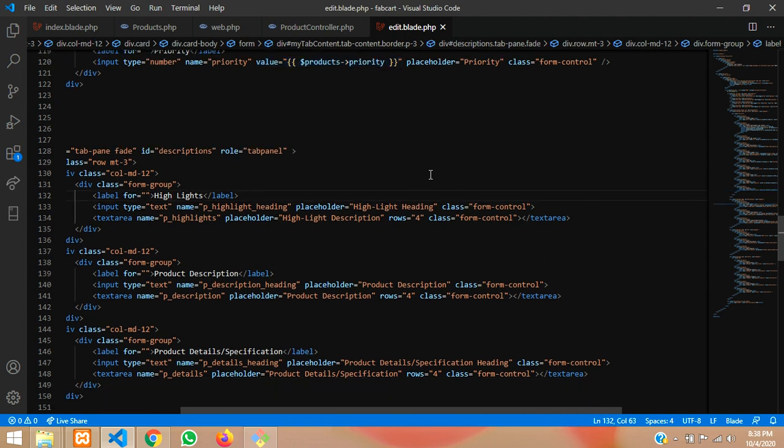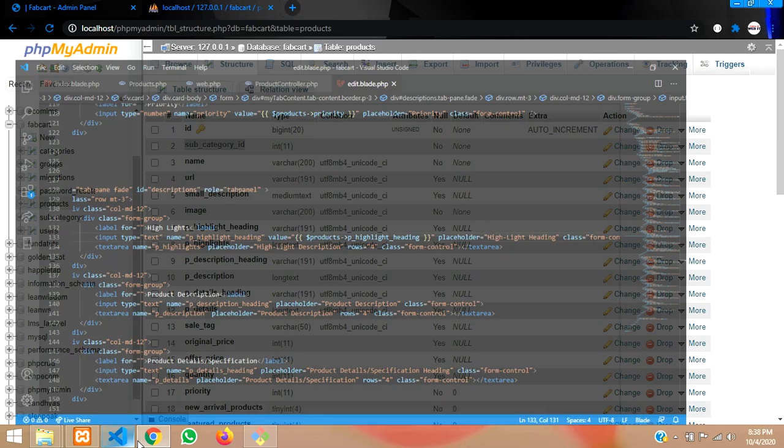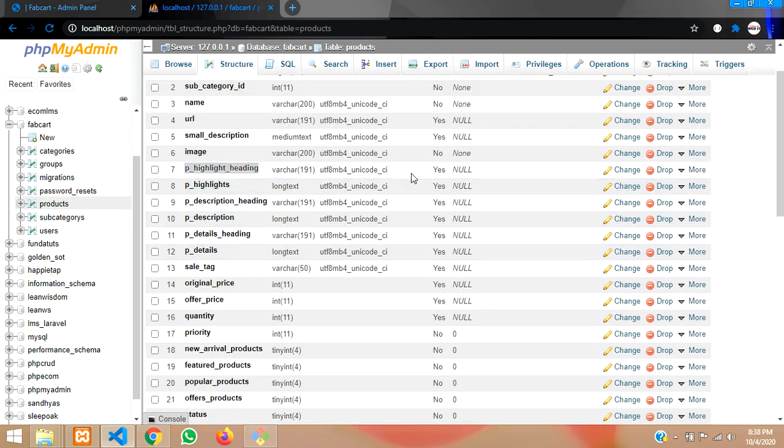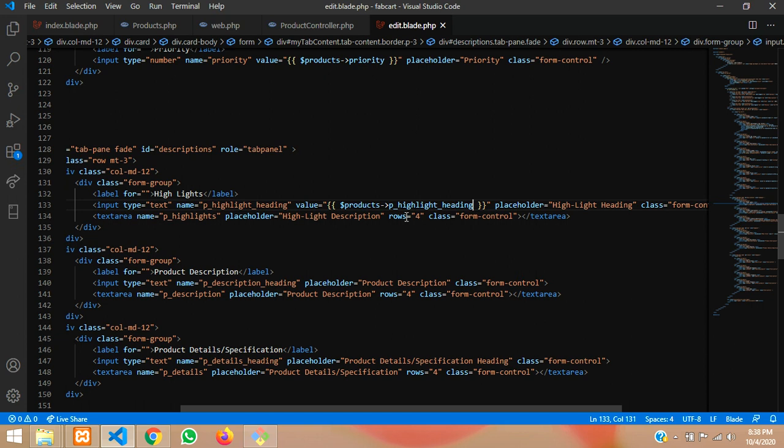So this is the highlight thing. This highlight thing comes under, okay, this is the input tag first. So let's paste that input tag p highlight and let's paste it over here. So make sure you are matching with your database also. Okay, so p highlight means p highlight heading, so you have to mention over here p highlight heading, right? So please do not get confused with what I'm pasting through the input tag name. Let's paste that p heading.